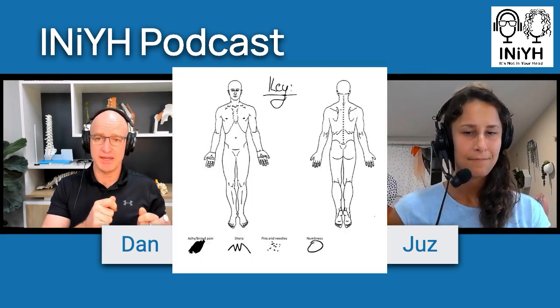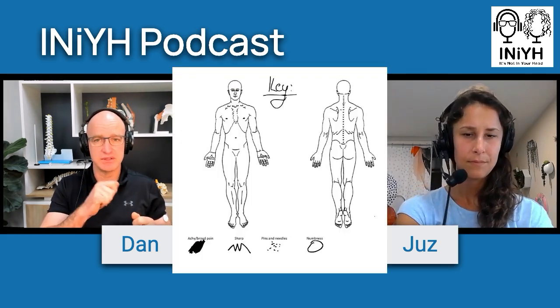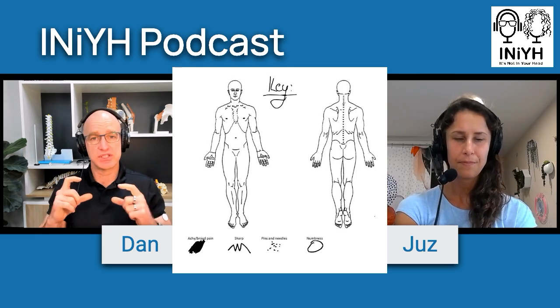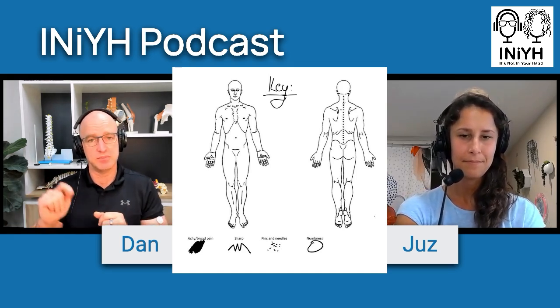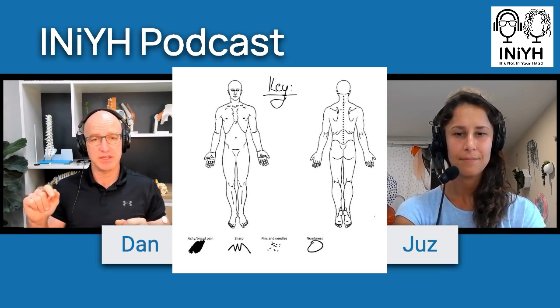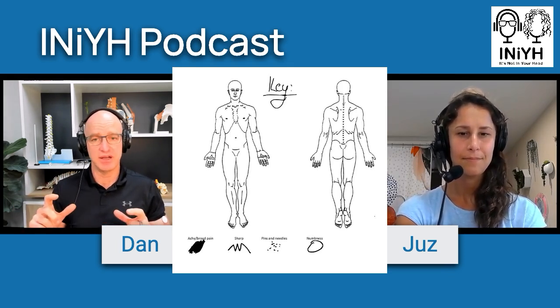And so if you've got a key, you basically start with, if it's achy or broad pain, scribble over it, just a little scribble. If you've got sharp pain, do this lightning bolt. If you've got pins and needles, do pins and needles over the area. And if you've got numbness, then just circle the area. And if you're able to get that as specific as possible, that automatically gives the doctor a ton of